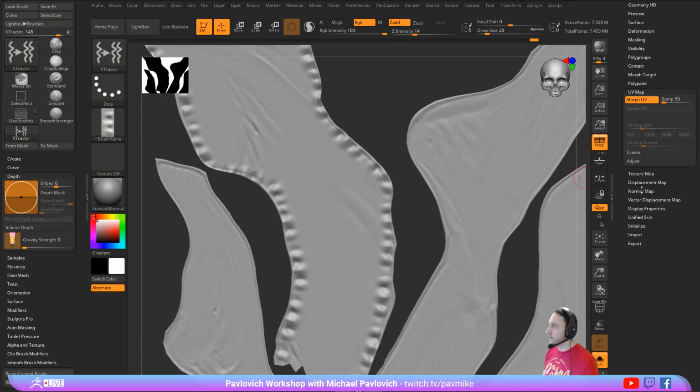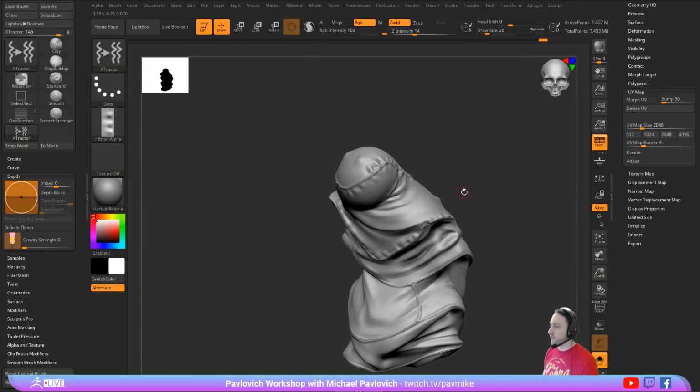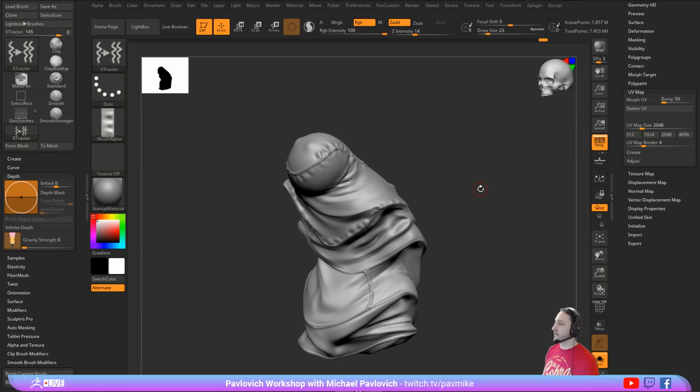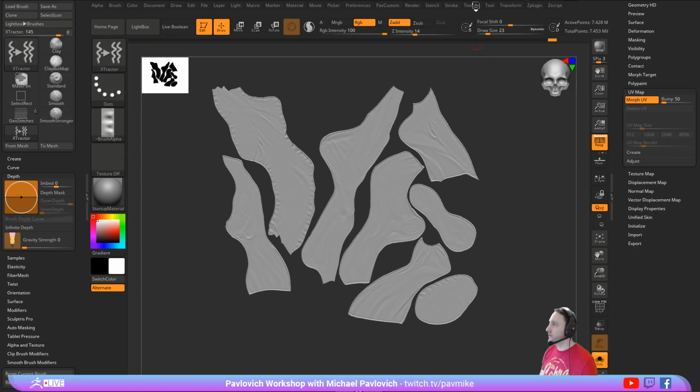And then you can go out of morph UV, and there you go. Now your wrinkles are all transferred along that border. Now that's not to say you can't just sculpt in there. You can also morph UV, and we can go in here to texture,